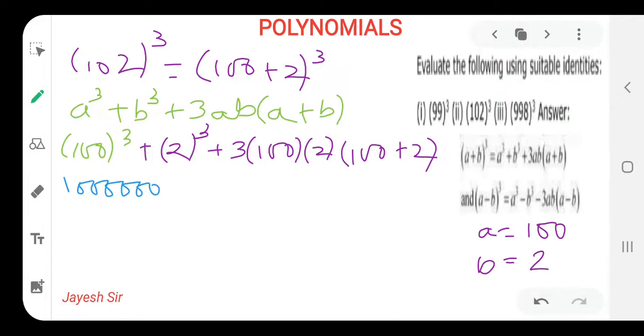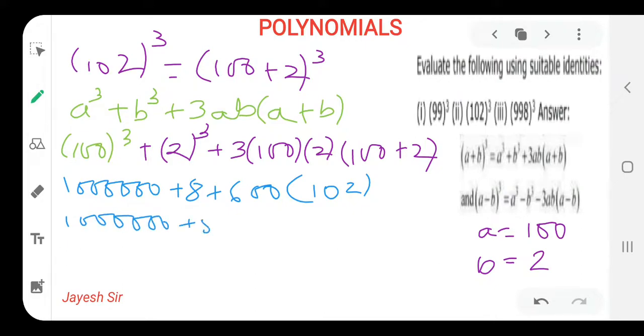Yes, 6 zeros you can see, plus 2 cube, that is 8, we all know, plus 3 into 100. We will do like this: 3 into 100, 300, 300 into 2, 600. If you are not comfortable with that, you can do 3 into 2 just 6 and 6 into 100, 600. That thing can also be done. So our answer is 600. Now 100 plus 2. I am doing like this, 100 plus 2, 102 you can write. If you are comfortable with my method also, then you can solve it. But it would be easier if you keep it like that only, 100 plus 2. So 600 into 100, it will become 60,000. 60,000 plus 600 plus 1200, so it will become 61,200. In this way we can do.